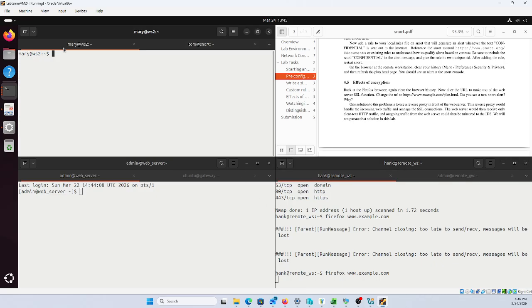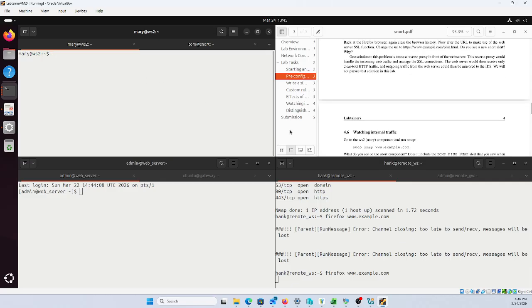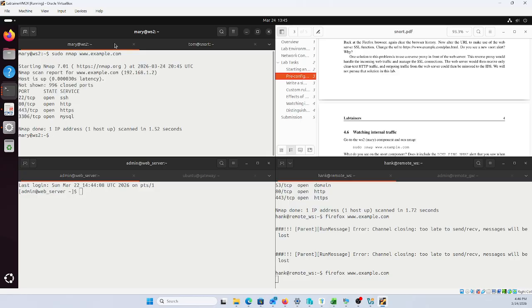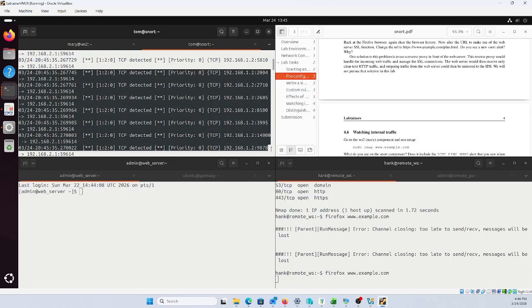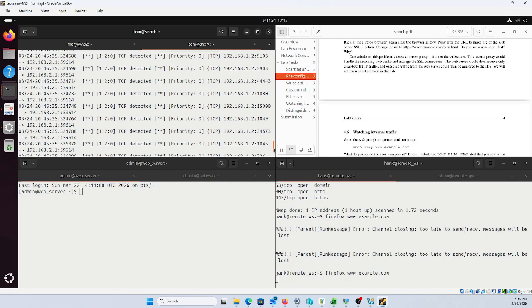So Mary's over here. Sudo nmap, and then we'll go to Tom, see what Tom's got. So we got more rules generated, more logs generated here, right? Lots more logs. So if we page all the way down,